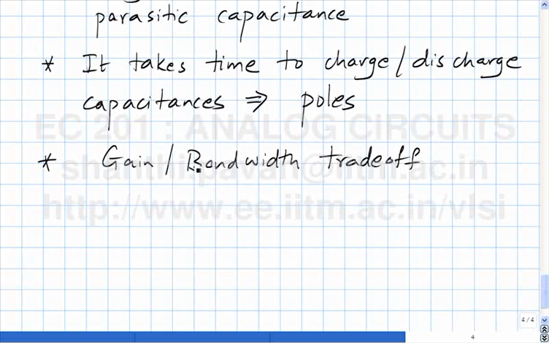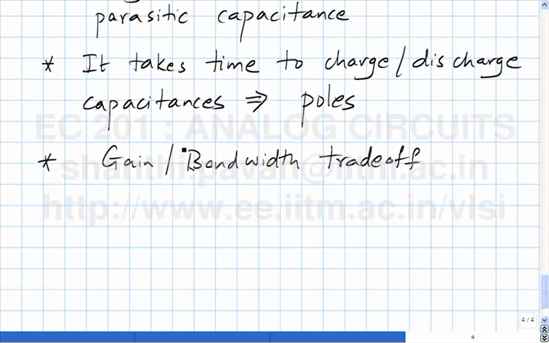And we've already seen that with a single stage, the gains you can get are modest. Typical examples we took are maybe with an active load you can get maybe 100 or maybe 200, that kind of thing. But in reality, we'd like very, very large gains, say maybe 10 power 5, 10 power 6. If you only have a building block which gives you a gain of 100 and you want a gain of 10 power 4 or 10 power 6, what do you do? We have to cascade amplifiers. Looking at the discussion so far, we have seen that every amplifier is at least associated with one pole. At least one pole. You could have more depending on the kind of amplifier.